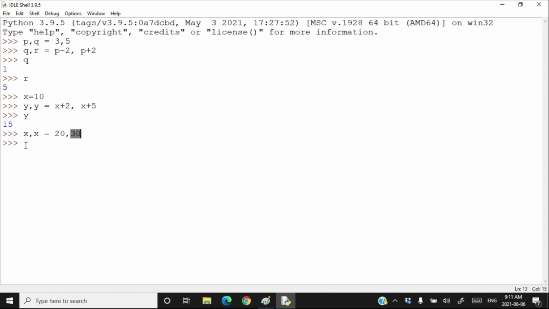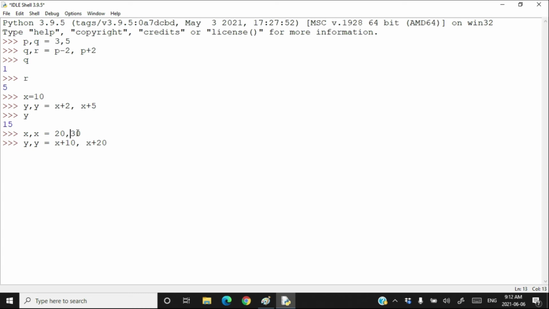Now we have y, y = x + 10, x + 20. So what was the final value of x here? The final value of x was 30. So first 10 will be added to 30 to get 40. Therefore, the first occurrence of y gets the value 40.